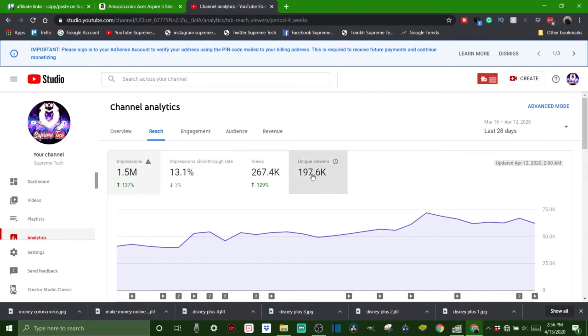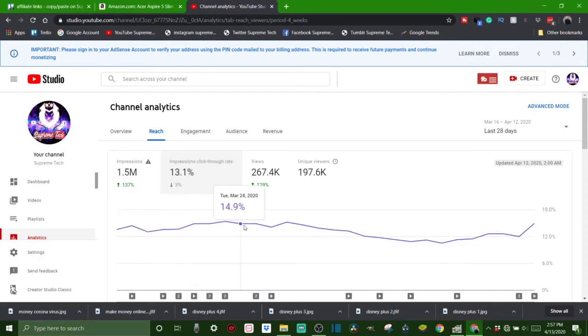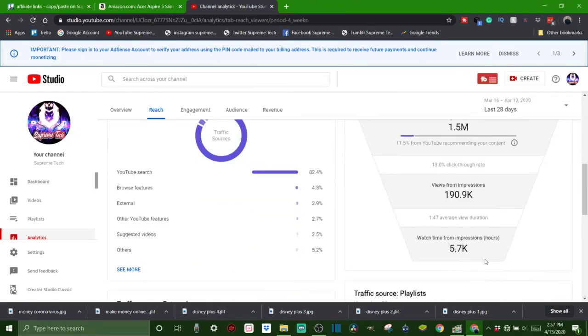So just remember that. And click-through rate is another big thing that you guys got to pay attention to. As you can see, mine's been hovering around 13 to 15. It dropped down to 10, coming back up. Now I'm back at 15. Really, 10 to 15 is the sweet spot for me. You want to shoot for at least 10% on this, because if you scroll down a little bit, you can